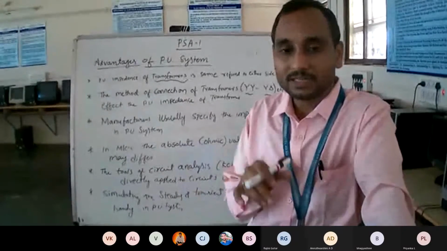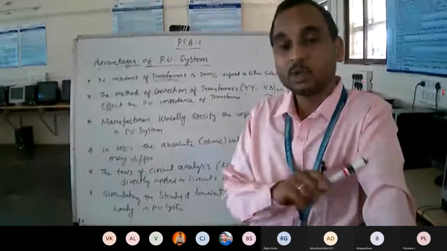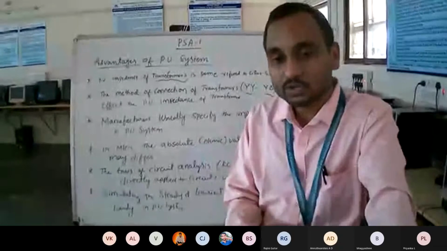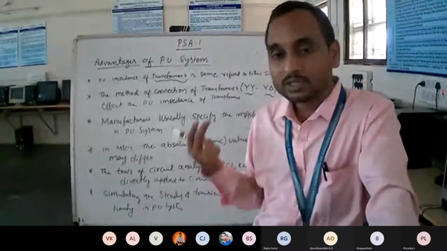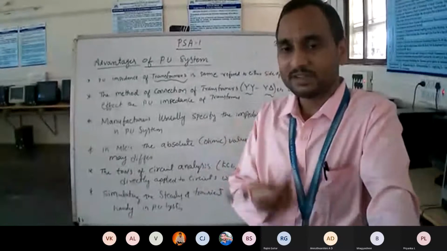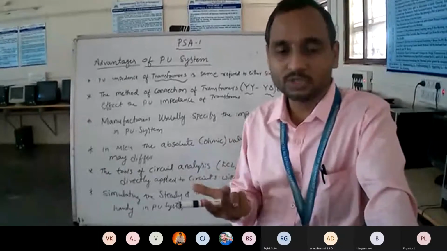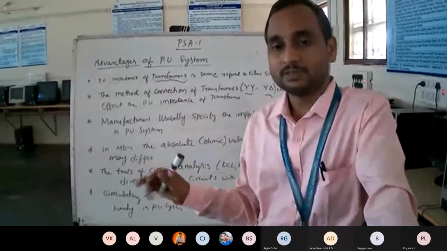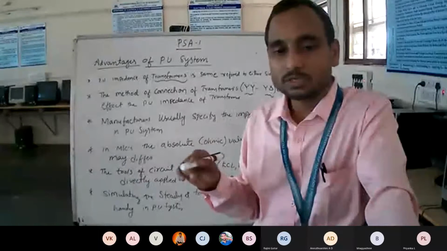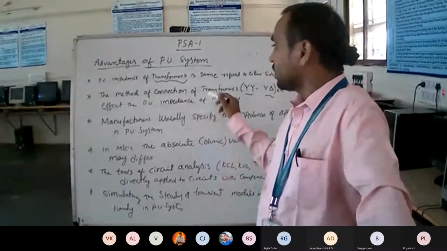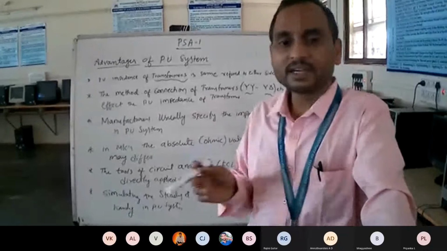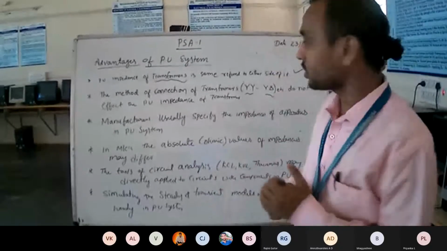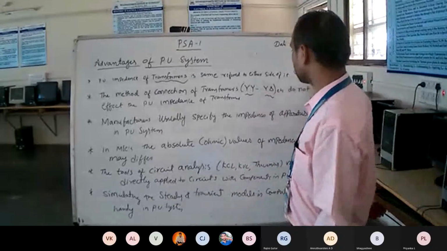Those calculations are there, but in the per unit system no conversion is required for star to star, star to delta and all those. Directly you can choose the values produced in the per unit system. The per unit system is just like a number, like 1.02 per unit or 0.9 per unit. The unit is in terms of per unit, so there is no volts, no amperes. Therefore we can directly take the values in the per unit system. This is one of the advantages: no conversion is required for star-delta and all those.